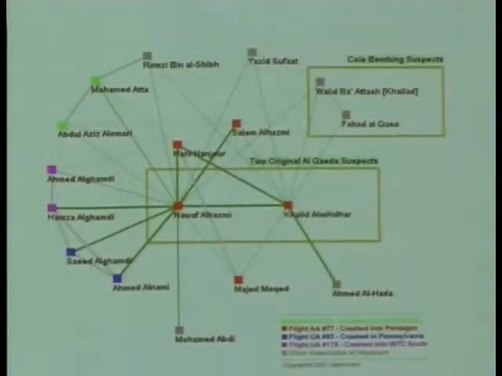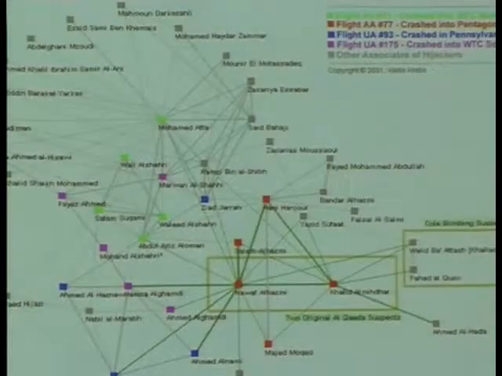So these are 1 step away from the original 2 suspects. And then if we go 2 steps away, which I talked about before, we see that we have everybody that were on the planes. And we also see Mohammed Atta right here, who was eventually figured out that he was the ringleader. And we see how important he was. So what he really was, he was the project manager. So he was the one that had to get things done locally.